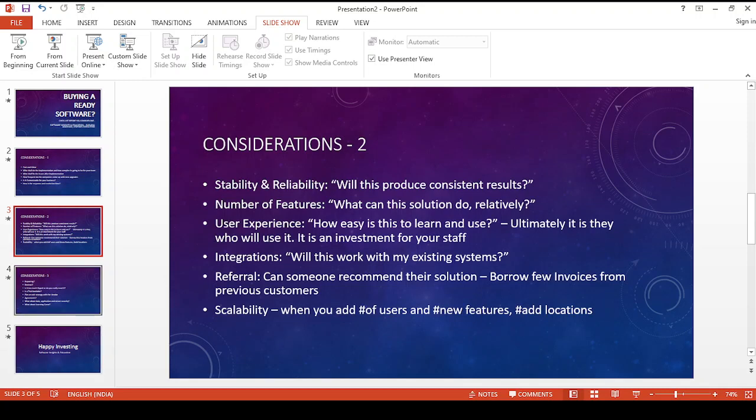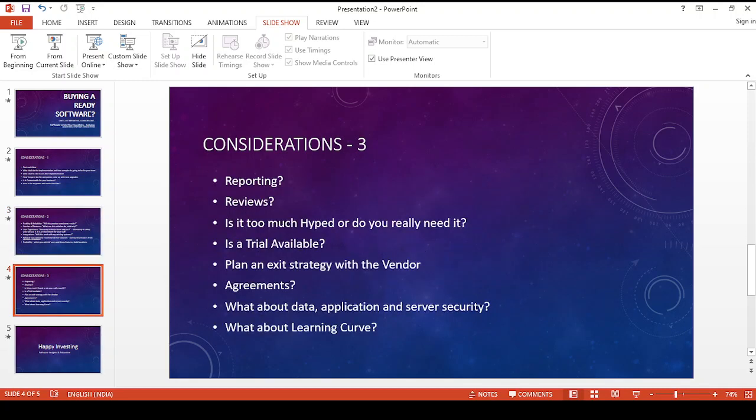So let's move on to consideration number three, and we see that there is a point on reporting. There are some standard reports offered to you as part of the software package, and you need to ask whether the reports can be customized by yourself or you need their help in preparing the reports. Because many software providers say that it's real-time report generation, but the software fails while generating a report. So you need to ask this question clearly.